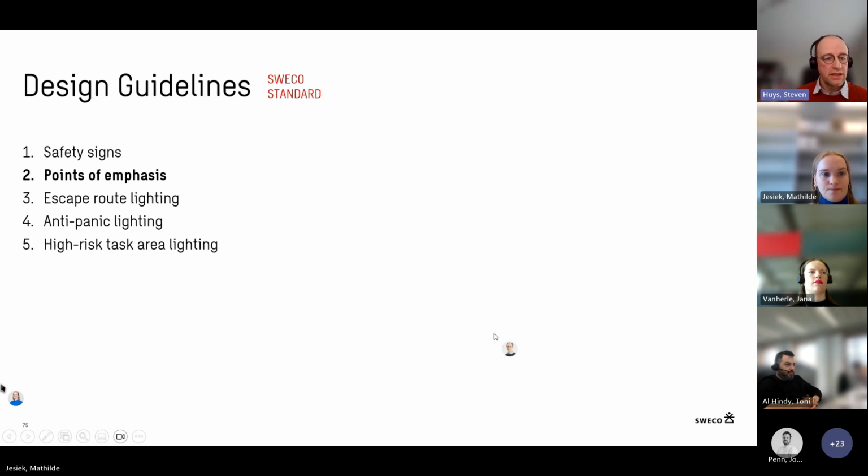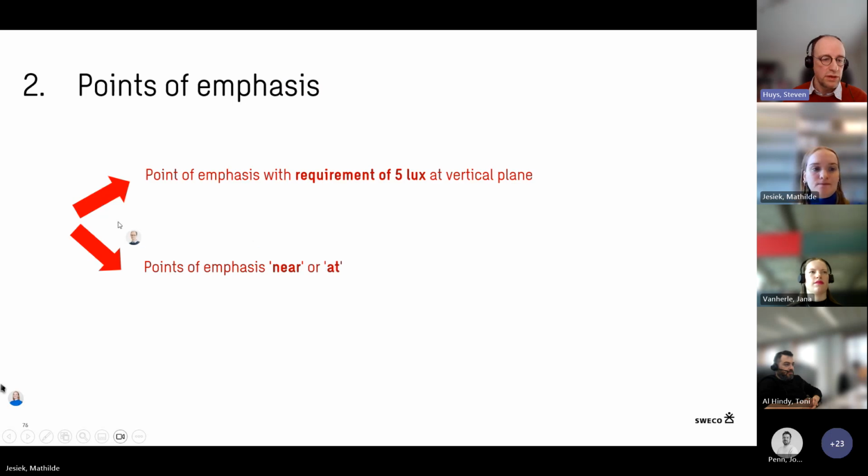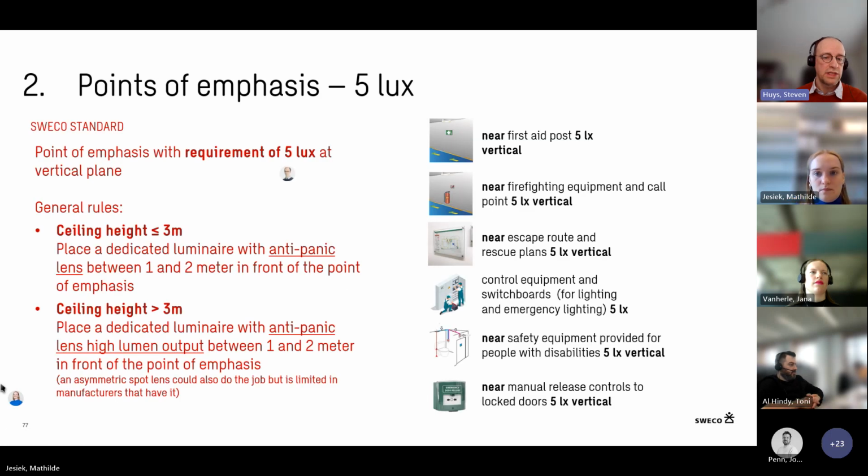Okay. Then the second thing to take into account are the points of emphasis, and you could split them up into groups, as already mentioned. So the points of emphasis with the requirement of 5 lux at the vertical plane, and the points of emphasis where they only mention near or at in the standard. So firstly, the points of emphasis with the 5 lux at the vertical plane, we list them up here again. Then we think, as a SWICO standard,